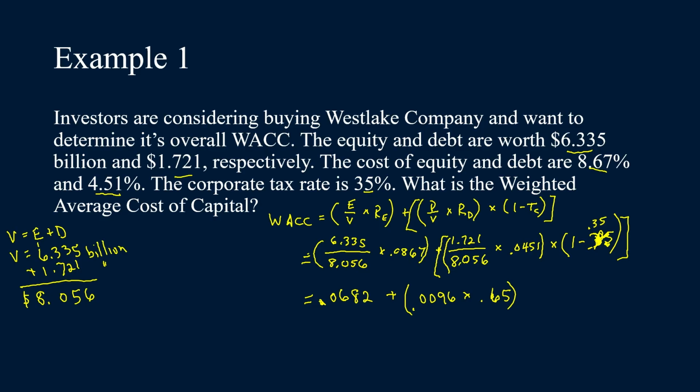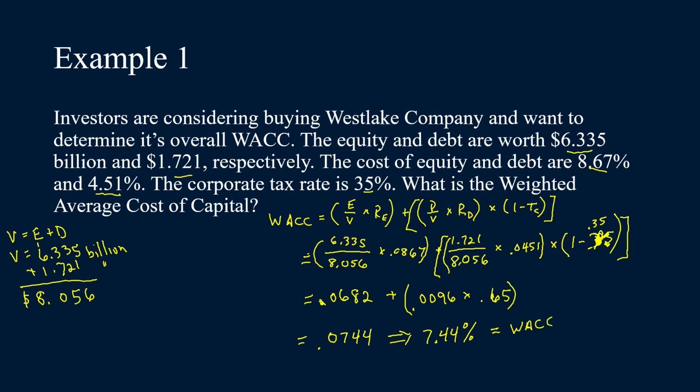Let's see. All right, and then we just take care of those numbers. So 0.0096 times 0.65 plus 0.0682. All right, so that leaves us with a total of 0.0744, and we can convert that into a percentage. So that's going to be 7.44%, and that is our WACC